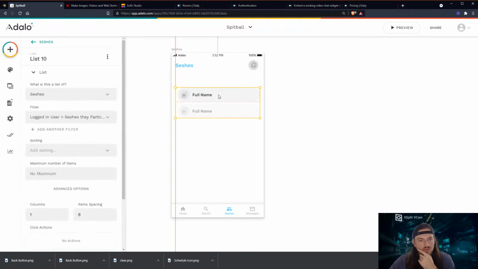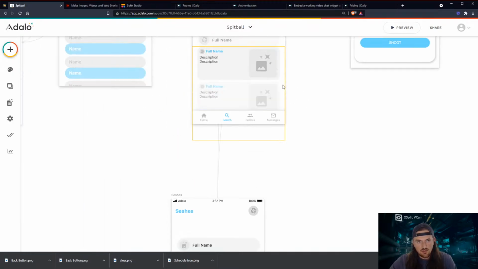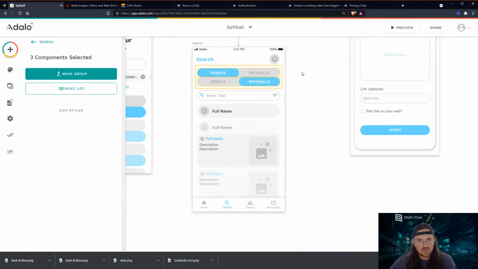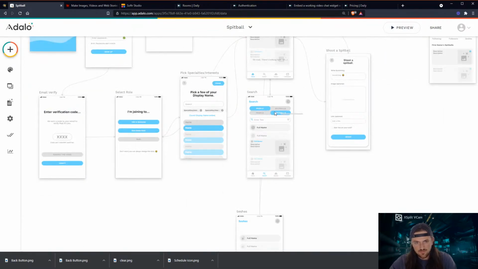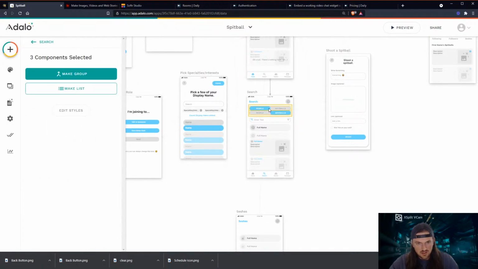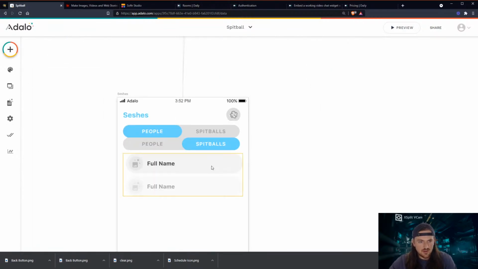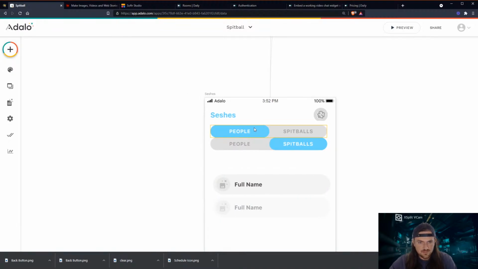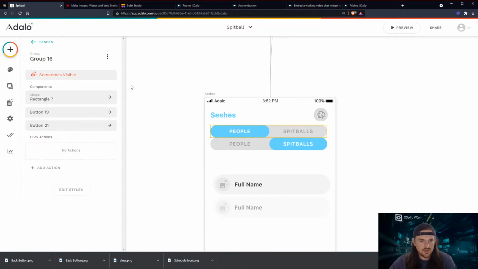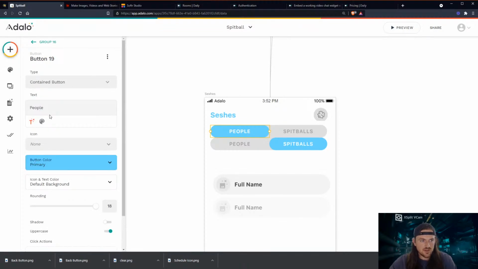So what we will do is I'll probably just copy this, honestly. This is a good little toolbar thing that's already made. So we'll just copy this down here, even though I copied it originally. And we kind of need another tab here. Instead of people, this one needs to say something like requests, session requests,